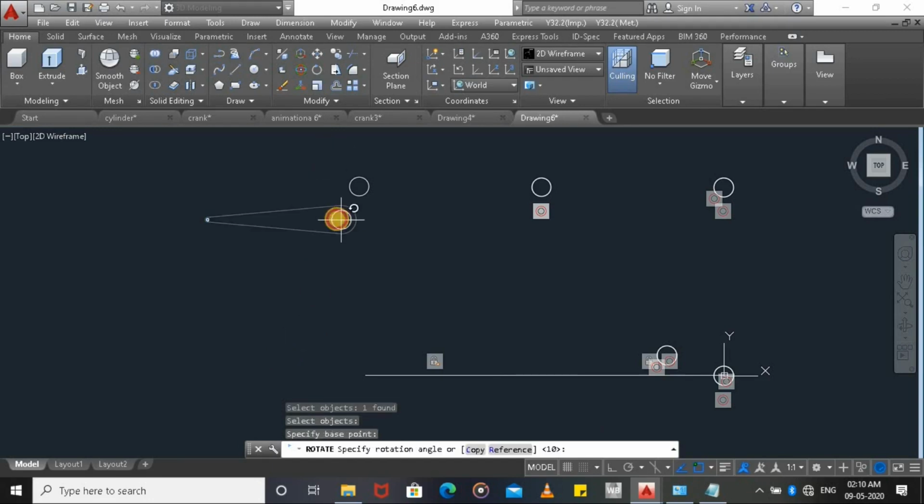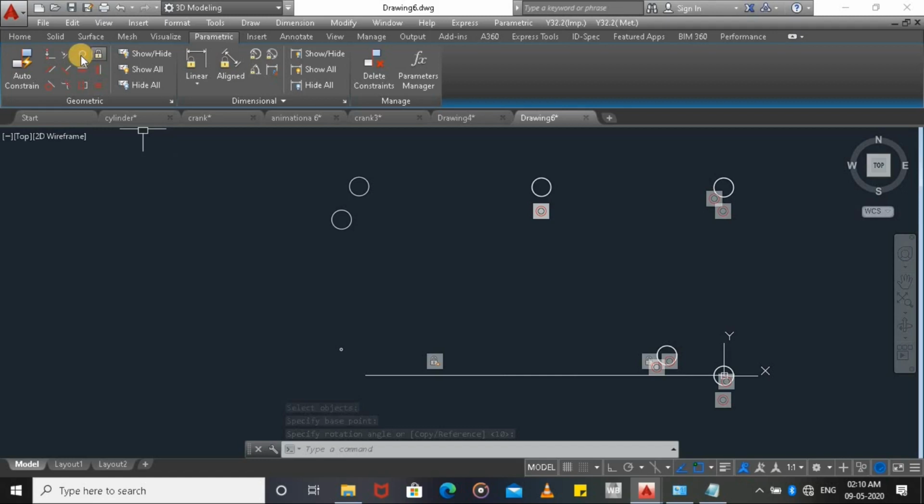So we require this part as vertical. So you can see that this circle and this circle. Change their position. Now concentric, this circle with this circle.